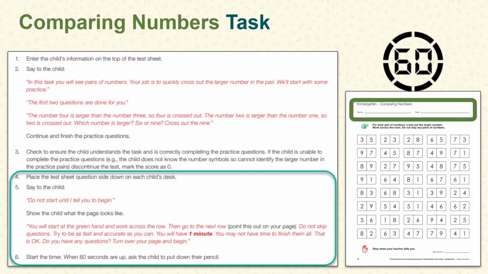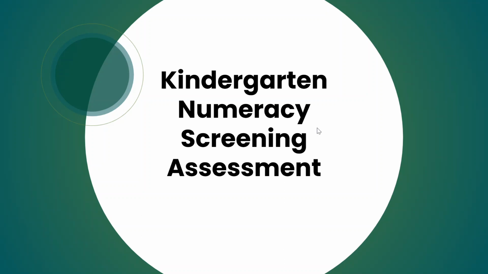After answering any questions that the student may have, you can tell them to turn over your page and begin. At that point, you start your timer, and when the 60 seconds are up, you ask the child to put down their pencil. At that point, you can use that answer key to figure out the raw score for the child and record it at the bottom of the page. And that brings us to the end of our comparing numbers